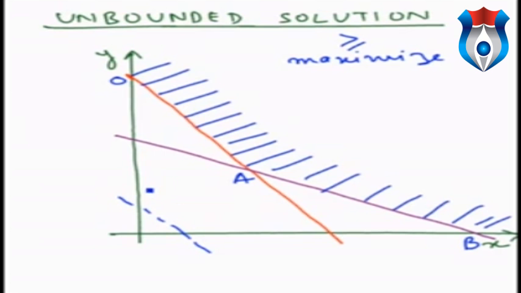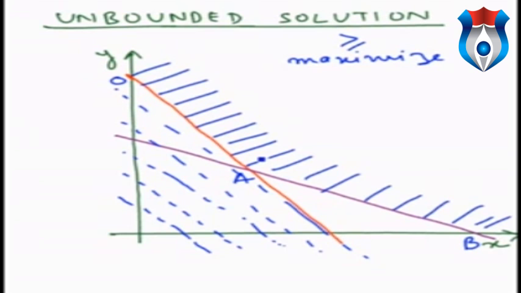So we'll start from the origin and try to move farther from the origin till a point when one of these lines touches the farthest point of the feasible solution region. So if we try to draw these parallel lines and try to reach the farthest point,